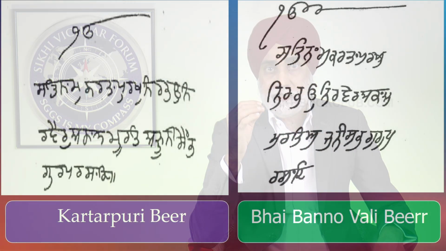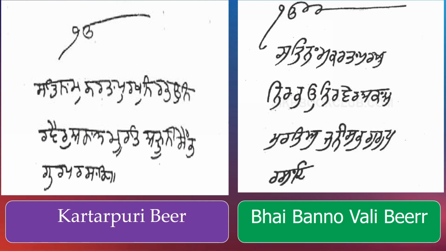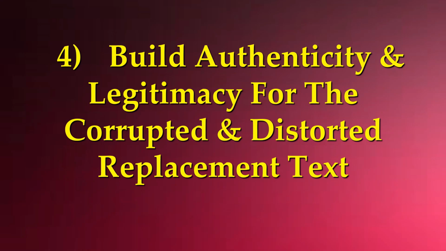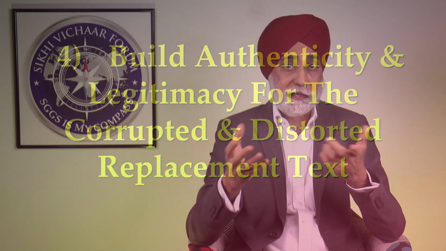The construction of the letters, the ek, the ura, the sassa, tatta, nanna and mamma of Satnam are different enough to have been written by two different persons. Again, Professor Pyar Singh in his book says that both of these signatures are not in the text. They are on separate pieces of paper that are added on to the text. So it's clear that this signature thing is no more than an attempt to provide authenticity and legitimacy for the distorted replacement text. The signatures are fake, and their insertion into the beads is an act of corruption.